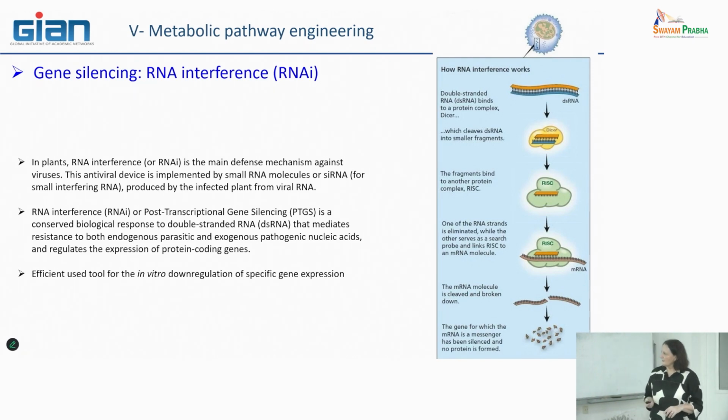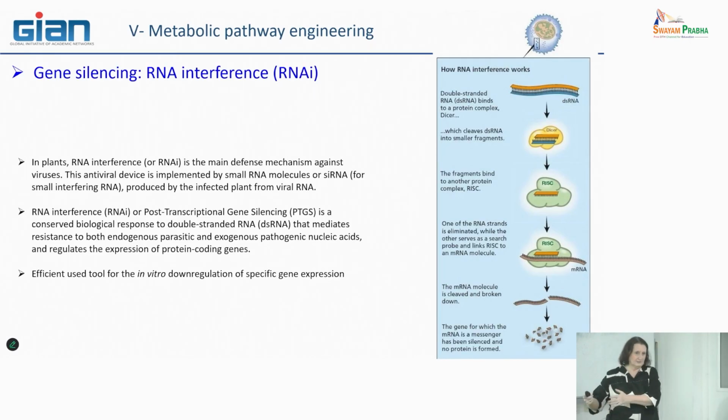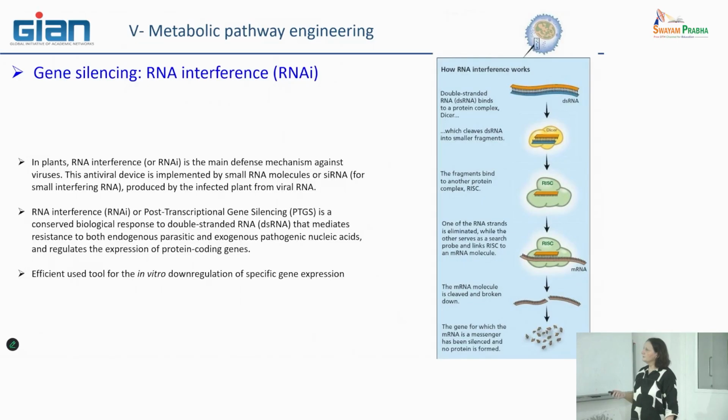And in fact, this system is not able to distinguish the mRNA that comes from the normal, endogenous gene from that of the other genes that have been added in the plant genome. So in this way, all the mRNA encoding, for example, chalcone synthase, are completely hydrolyzed. So it is impossible to have chalcone synthase and thus to have all the metabolic pathway leading, for example, to anthocyanin. So it was interesting to see that, in fact, it is quite a simple system that occurs normally in the plant cells.